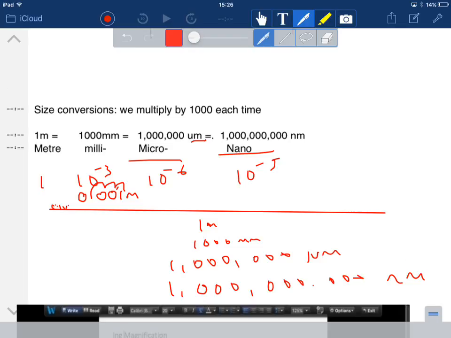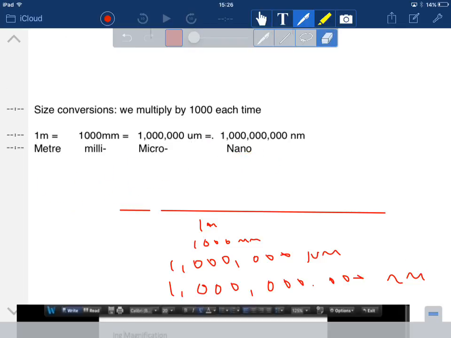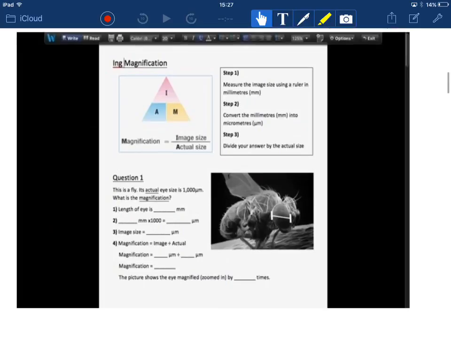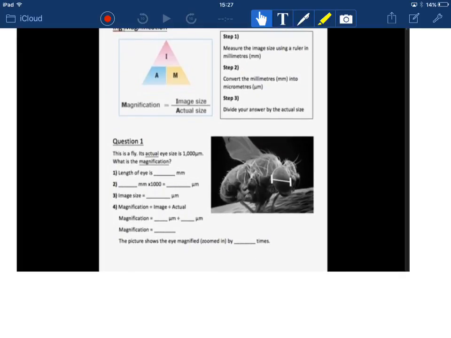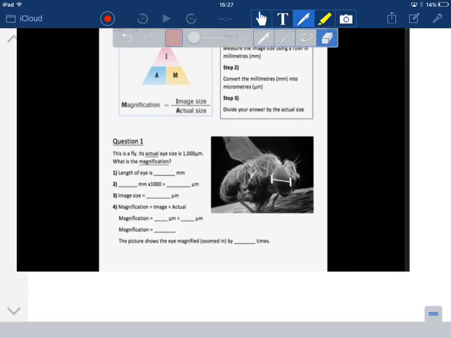Okay. So now what I would like you to do is to speak to me if this is causing confusion, because this is difficult in many ways to explain, and if you don't understand it, it can really scupper your abilities to get things right. So you need to be brave here and say whether you do or don't understand, and I'll try and think of another way of explaining it. Okay. So if we go back to our questions here, we actually look at question 1, and question 1 says that there is a